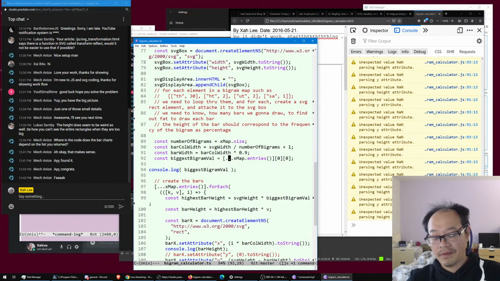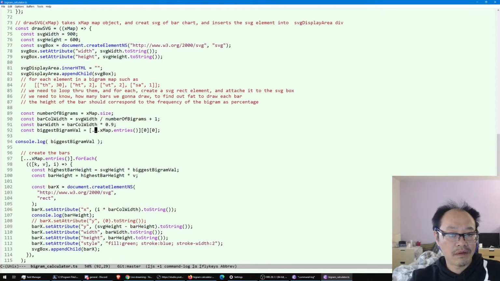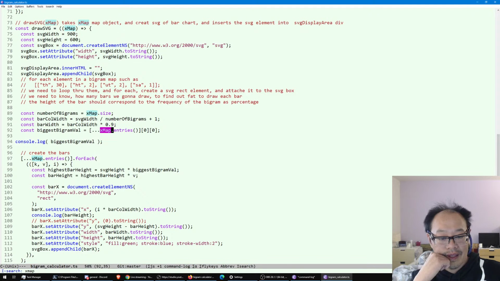So xmap. Can we just print xmap? No. So it's telling us